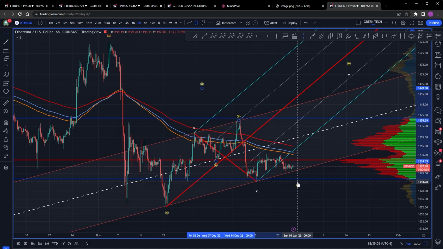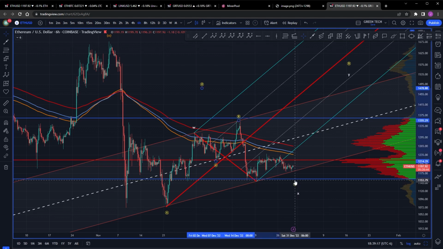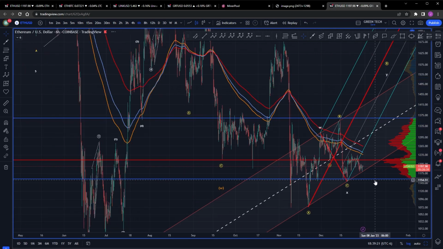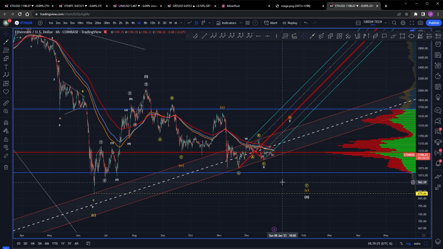Could this C still be hanging out over here somewhere? Some wicked 4, everybody thinks we should be going up, so they're trying to push it, but we're just not doing it. I'm not sure. We're going to go into a different chart here in a minute to give us a lower time frame. It's a little sketchy, honestly, with what's going on. But like I said, we are in the complete holiday season at the moment. I think it's very possible we're having just some ridiculous price action at this time.